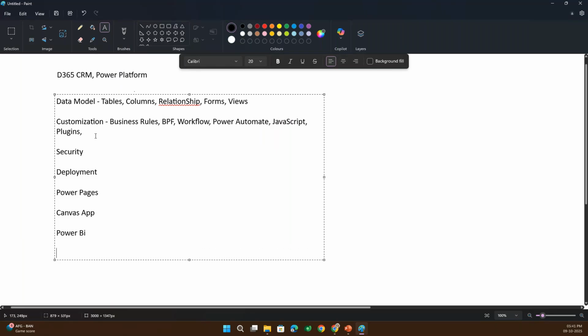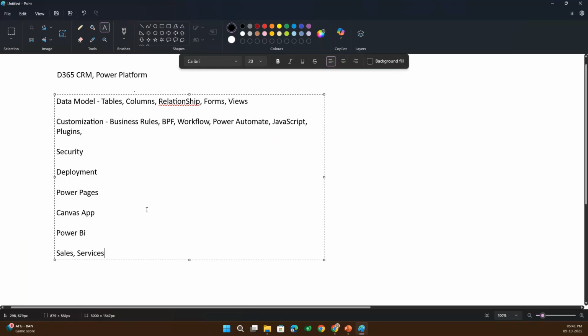Again, Power BI is something we wanted to give some overview of. Then you will also see the sales and service applications, service related stuff. So these are the topics which we'll be covering in this training. In between there are some other things as well.